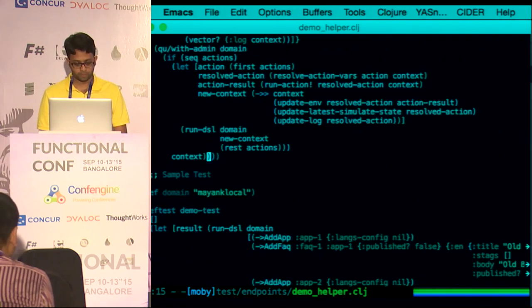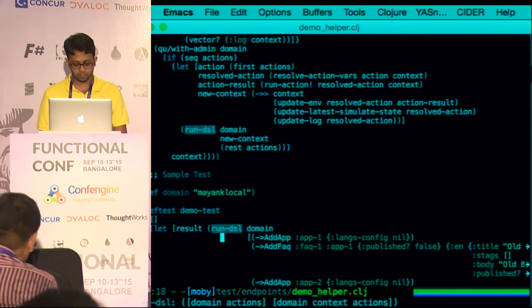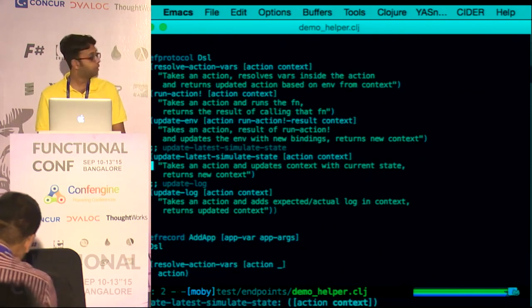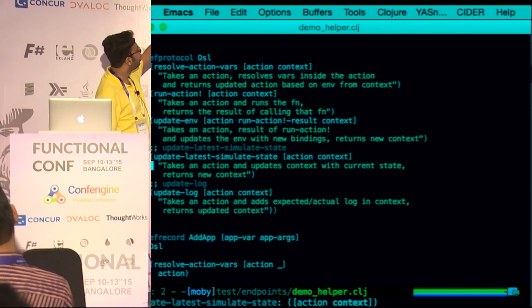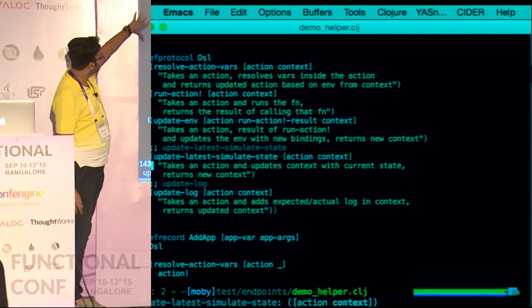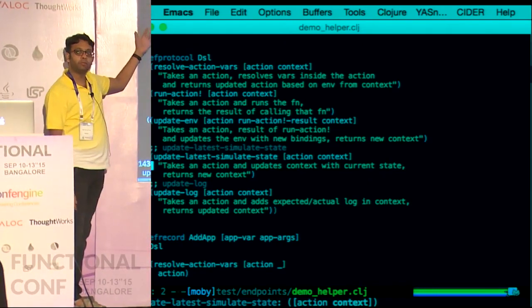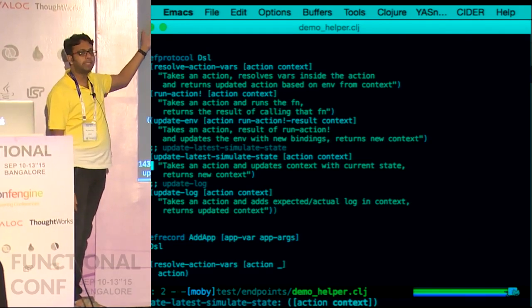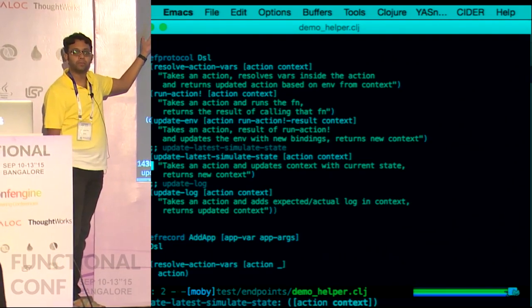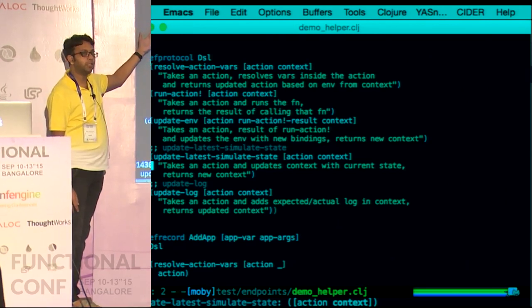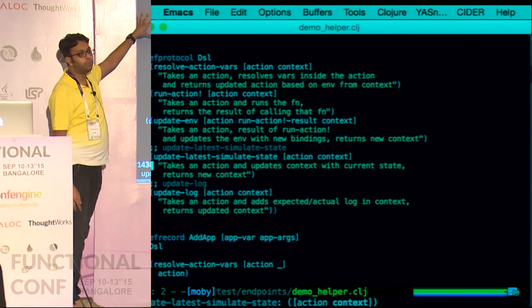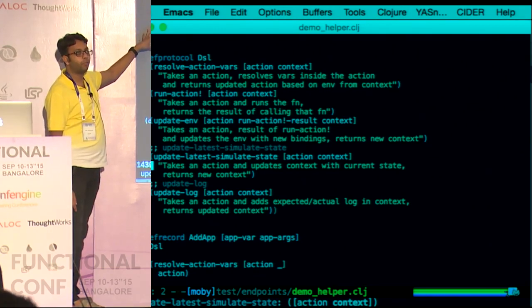So let's first look at the DSL. So here is the protocol. All it says is these are the 5 functions you need to implement. These are abstractions, right? So there is no implementation. It's like interfaces in Java. There is no implementation in this. All you have to say is, to implement this protocol, you need to implement these 5 functions